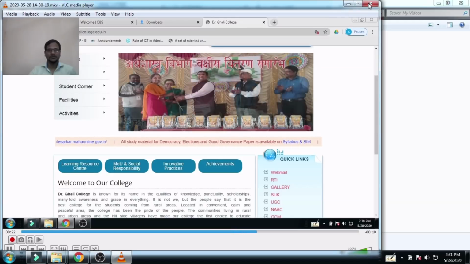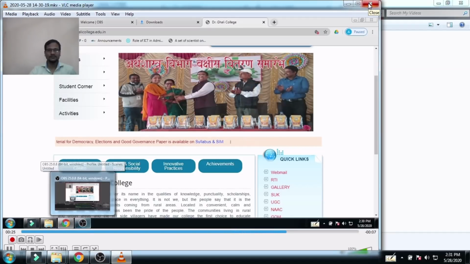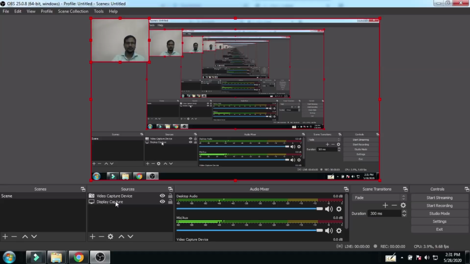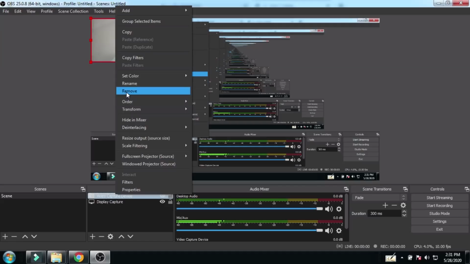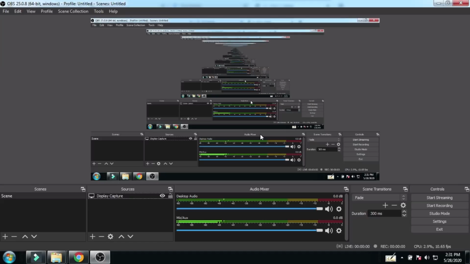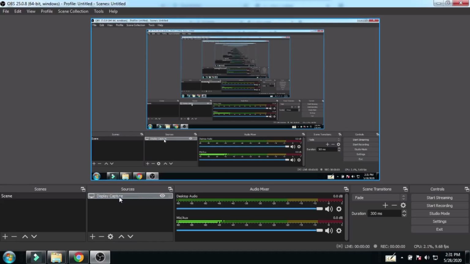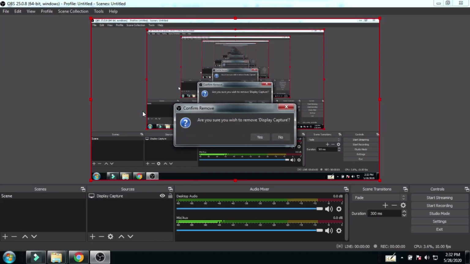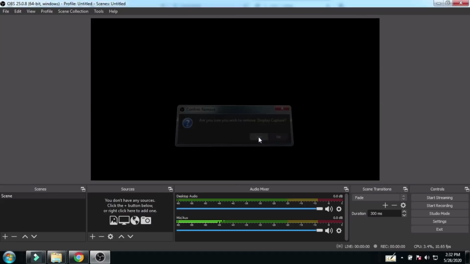Again come to the original part, then remove. So this content is getting removed.